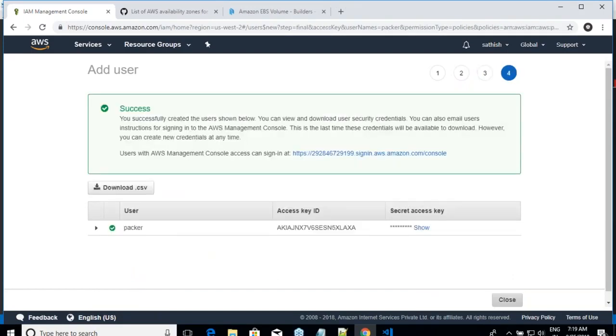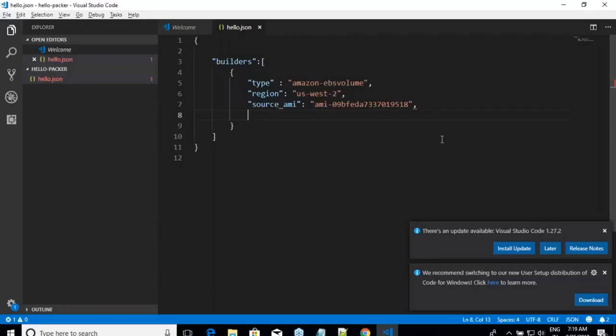Are you seeing that? Yes. So I'll copy this access key. And then what is the other thing?